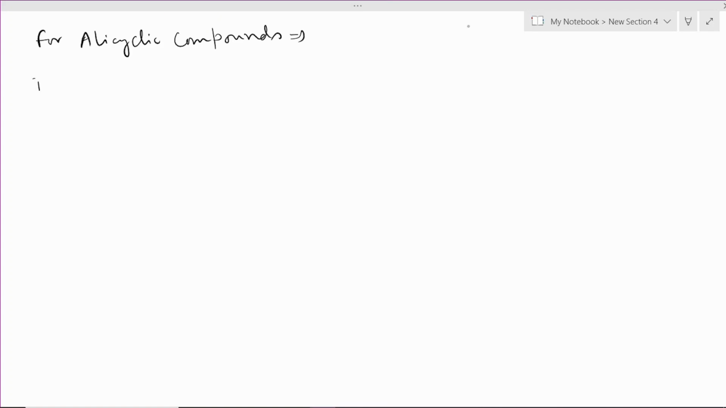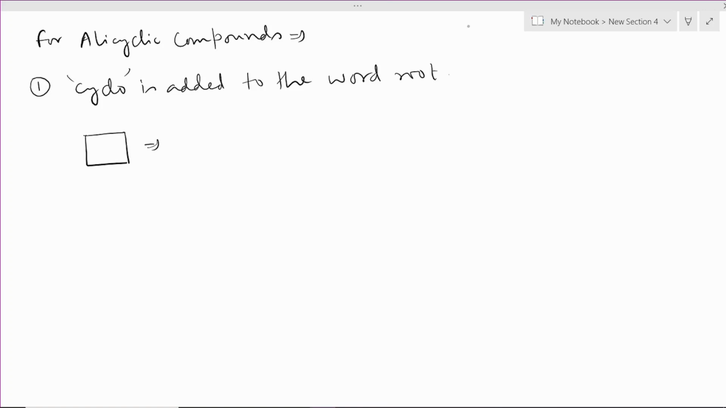So firstly, the prefix cyclo is added to the word root. For example, this is cyclobutane and this is cyclopentane, this is